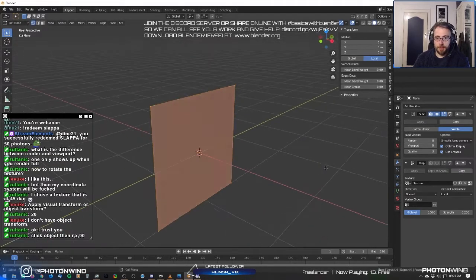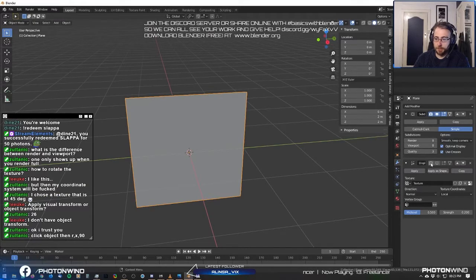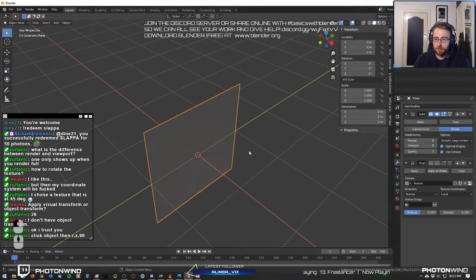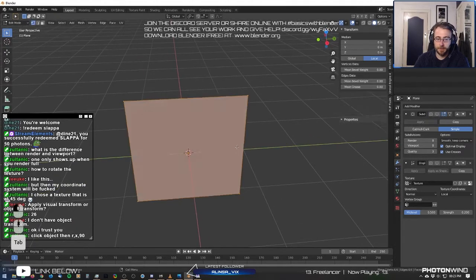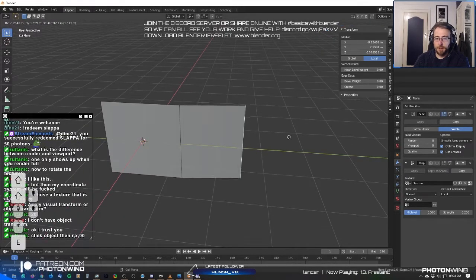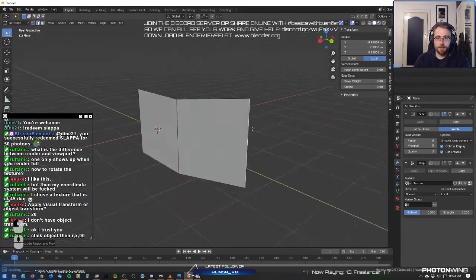So now we're just going to be a little bit creative and go back to that sort of stuff later. So I'm just turning off these modifiers for now. So there, where these two things that look like a camera and a screen are, I'm just turning them off, just so things go a little bit faster while we're working. I'm also going to do that with the subdivision surface as well. And then I'm just going to go into the edit mode, select edges, and extrude edges to make something